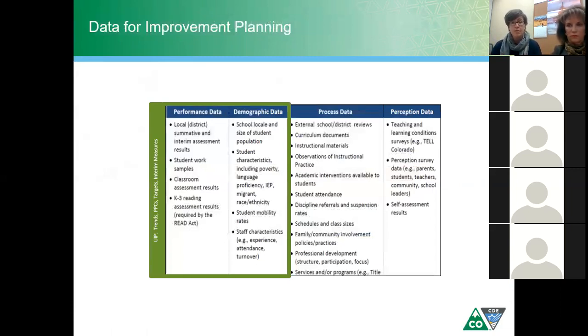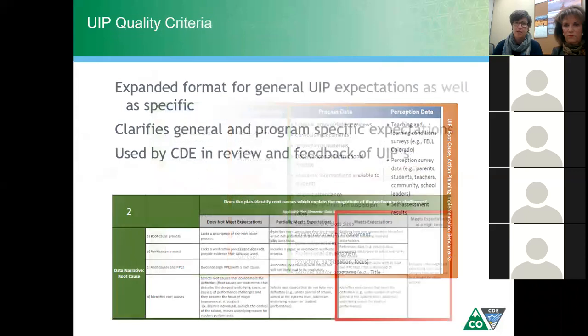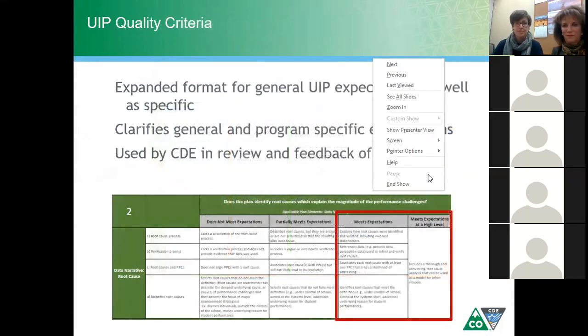So when we talk about school improvement, we want to be a little bit disciplined about how we look at that data. So we're going to look at process and perception data, and we're going to be specific about where that gets placed in and used within the improvement planning process, as well as the product of the UIP. So the process and perception data intersected with demographic data we're going to use in our root causes, major improvement strategies, action steps, and implementation benchmarks.